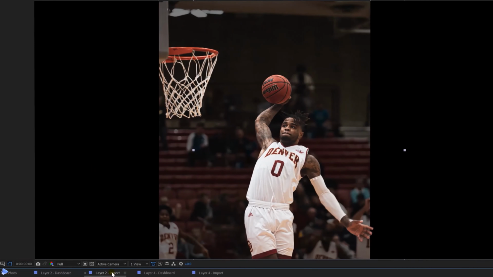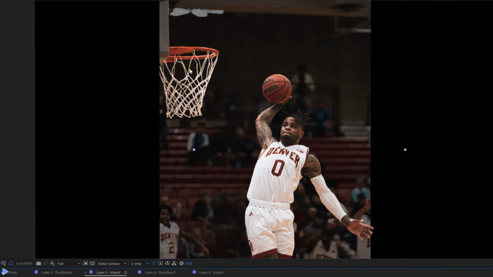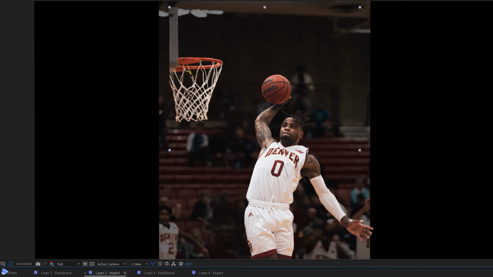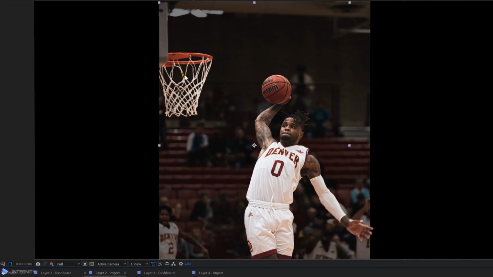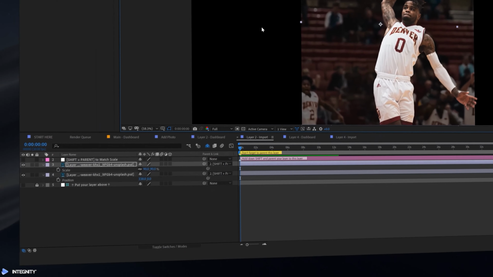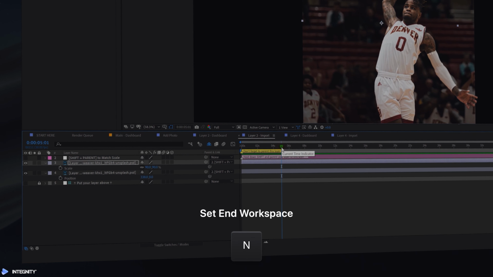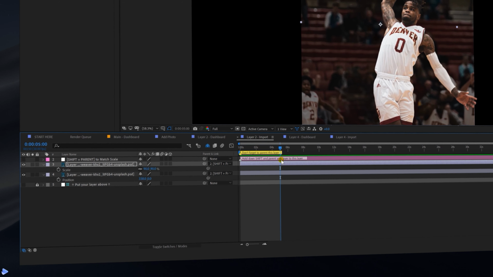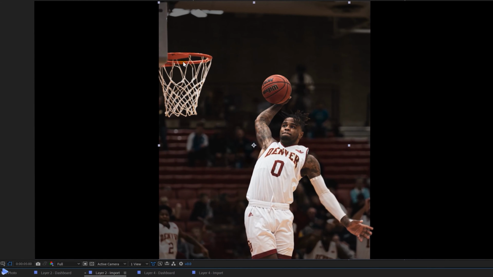Okay, so let's get started with that by just jumping into layer 1 where we put the player and the hoop. First, let's just make some adjustments to our hoop here so it's in the left top hand corner of the screen and therefore a little bit out of our main animation. We'll then bring our time head to the 5 seconds point and mark out. So why 5 seconds? Well, our main animation length, if you remember before, is 5 seconds, so we'll need to time any additional animations to that exact point, otherwise it won't time right.